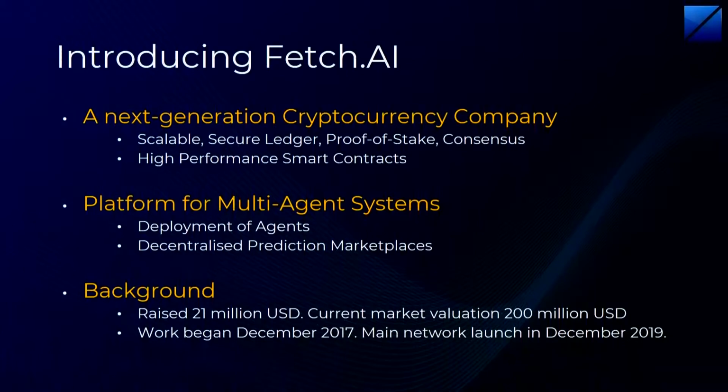So just to give a bit more background, we are actually a fully integrated blockchain platform. We are building a scalable, sharded blockchain with a new consensus algorithm. We intend its performance to overcome some of the major issues with blockchain technology in terms of cost, efficiency, etc. The main differentiating factor that we have with other existing protocols is that we have a platform for very high performance smart contract technology. And through that we facilitate all of the technology in the stack, which involves the deployment of multi-agent systems that we wish to facilitate.